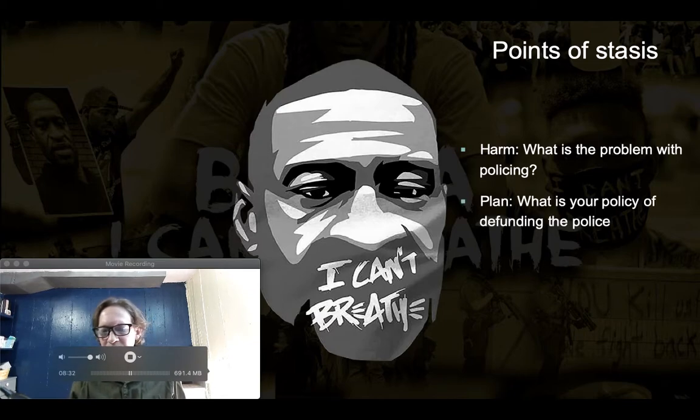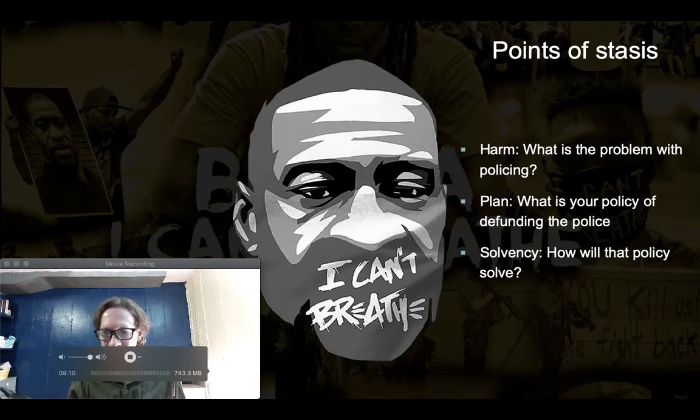The second thing is called the plan. This resolution allows you to define what your policy of defunding the police is. You could do anything from abolish the police to, more commonly and more likely, decreasing police funding and spending that money on social workers and mental health counselors and poverty programs instead. You will have to define what your plan is as the affirmative, and then defend why that plan solves the